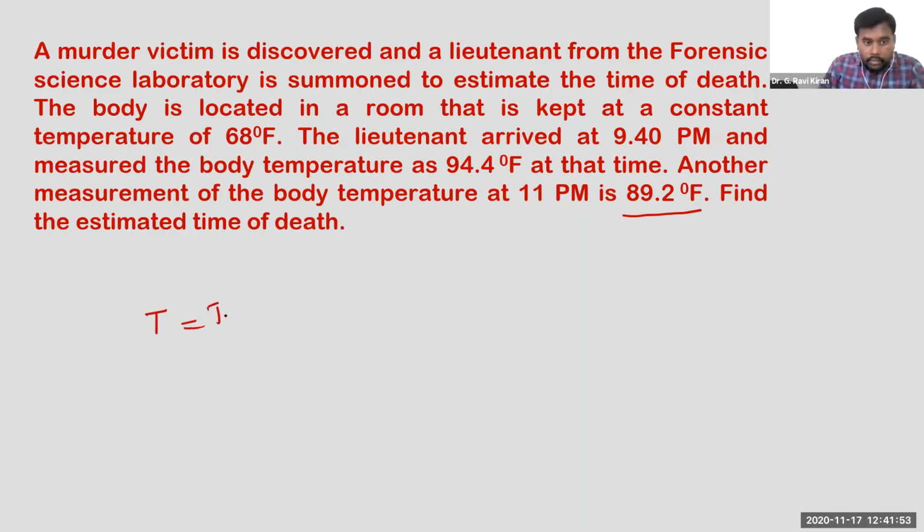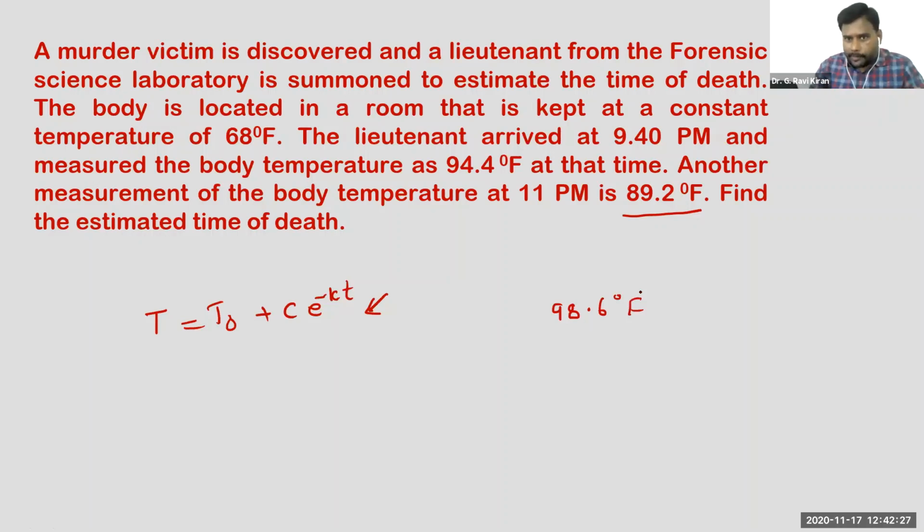This is the equation which I told you just before: T equals T naught plus C into e to the power of minus kt. This is the solution to find the temperature of the body at any time. Using this equation, you can in fact find the time of death. Normally, there is a certain normal temperature for the human body. If I remember correctly, it is around 98.6 or so.